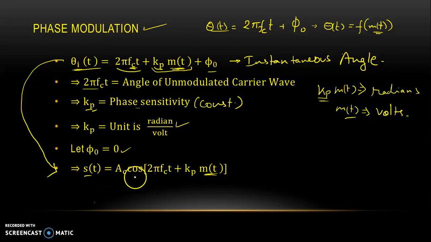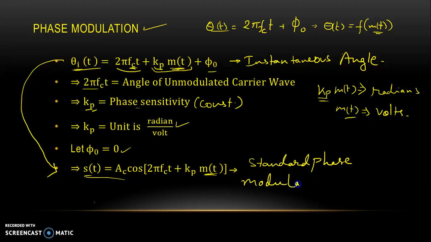And we have derived a very basic equation. See, this equation s(t) equals Ac cos(2 pi fc t plus kp times m(t)). This is the standard phase modulated equation, and by this equation we can put any kind of message signal